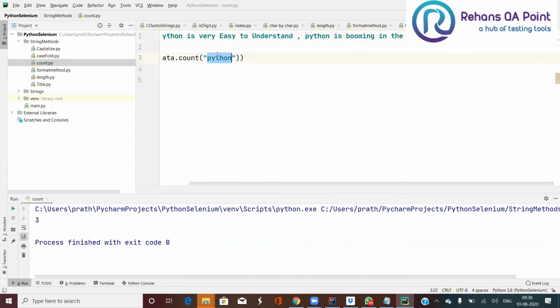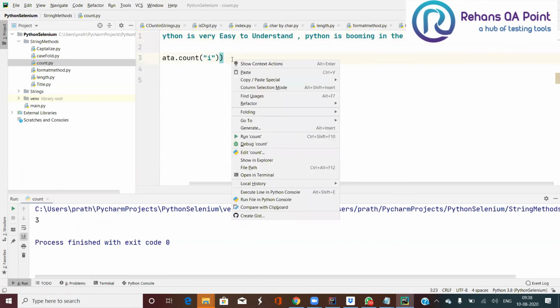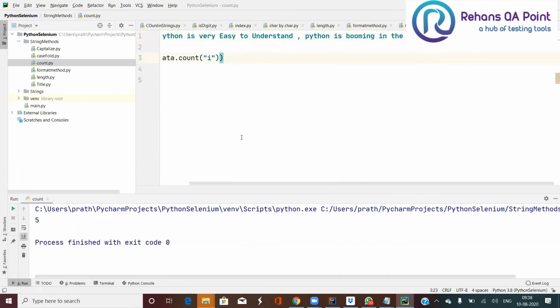Okay. So if I use the character I here, it will check the whole string and print the total number of times that I got repeated. If you take Java, there is no method like count, so we have to write our own logic to get the total word count. In an interview, especially for QA automation, people might ask you to get the total number of times a word is repeated in a given string. Such examples can be cracked easily by using your count method.